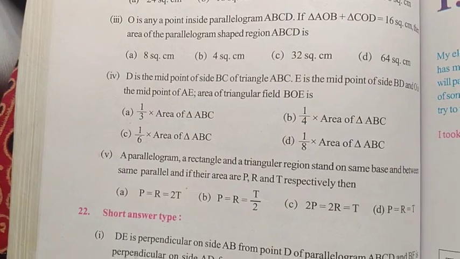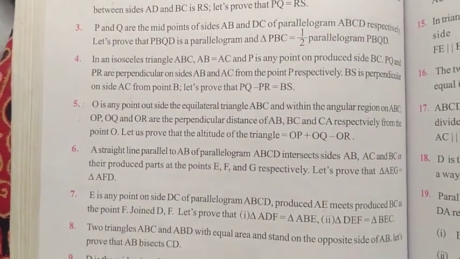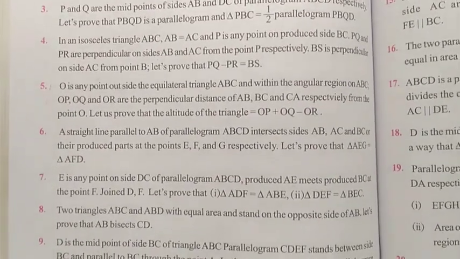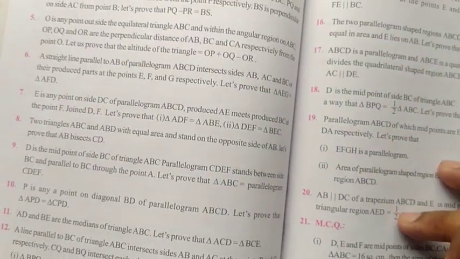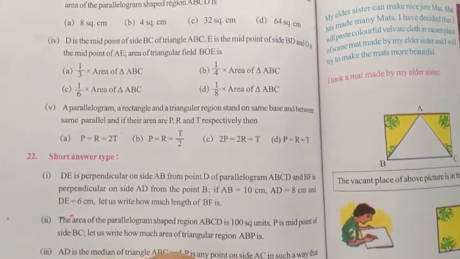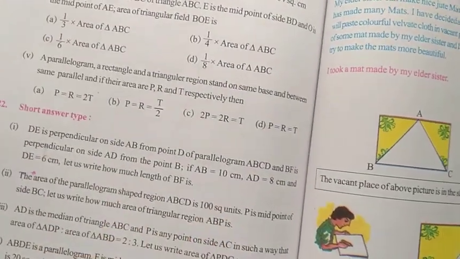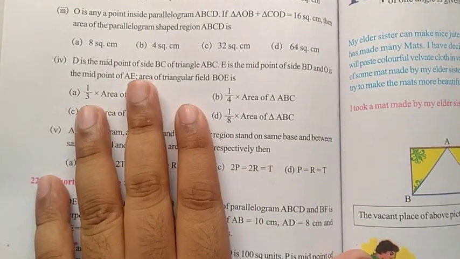This is sum number 4, chapter number 12, theorems on area. I know all of you are feeling frustrated with this chapter, but you see 1 to 12 and 13 to 20, and after that 21, 22. It's a very big chapter, and also the theorems are very important. 4 different theorems. So first of all, we have to start with the remaining.